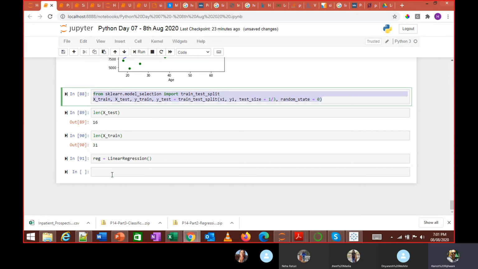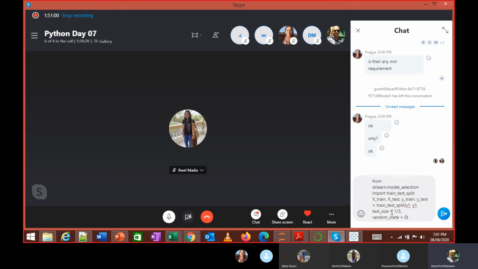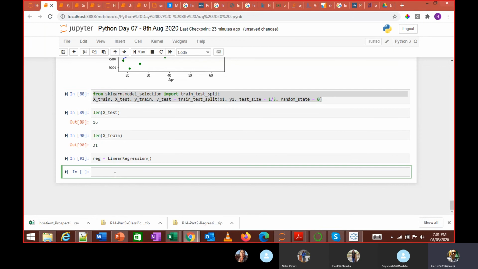By the way, I'm going to copy this code over here. And what should I do? reg.fit, use x train, y train.